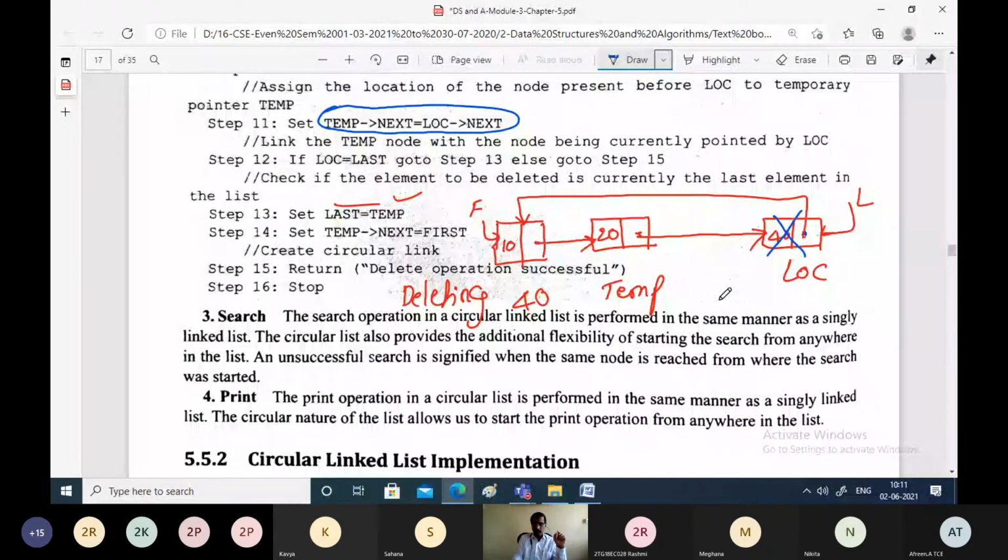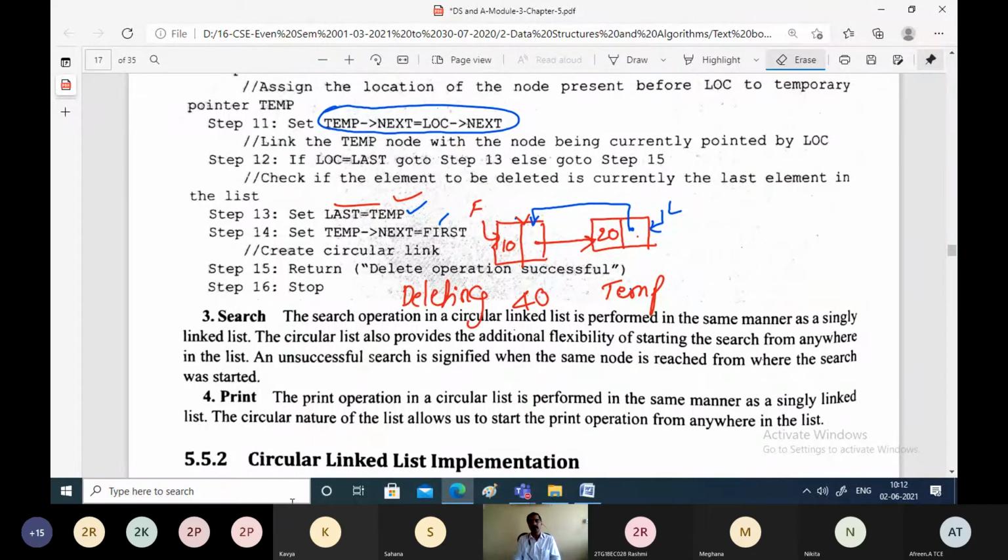That's what temp pointer next, make it point to first. Temp pointer next is pointing to first, and then what you have to do is last equal to temp. Instead of pointing to this node, now last should point to the same node wherever temp is pointing. Yes, last equal to temp. Now when this assignment happens, the deleted node will automatically get ignored. Right, now what we have done, we have deleted the last node from the linked list.